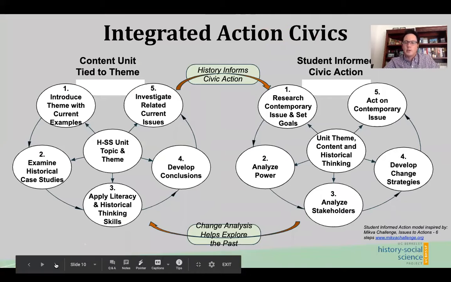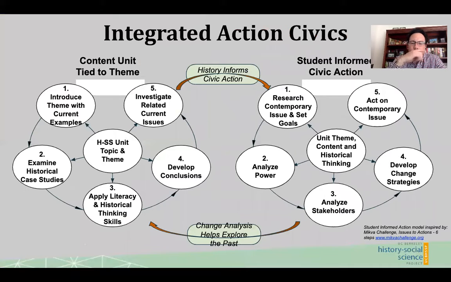This I've taken from the History and Social Science Department here in California, but it's something that comes from the MICVA Challenge. It's derived from that. It's something that comes from the state of California. You see on the left the way that Action Civics kind of